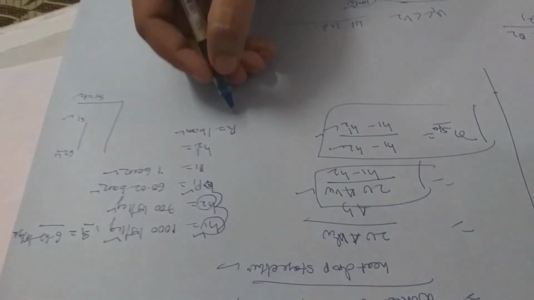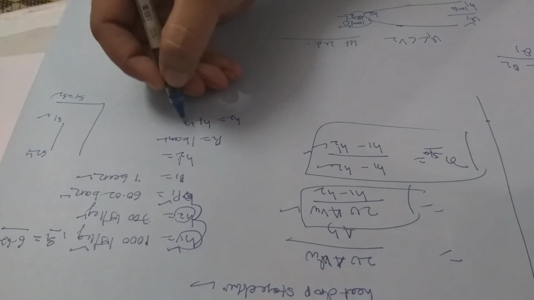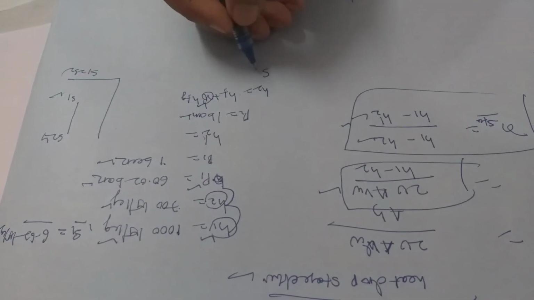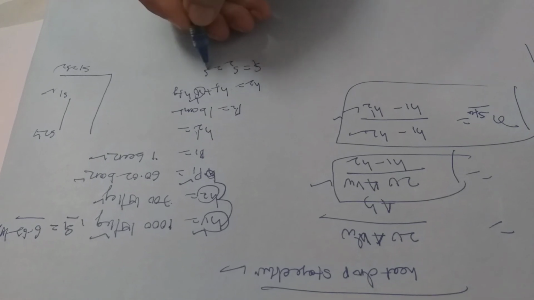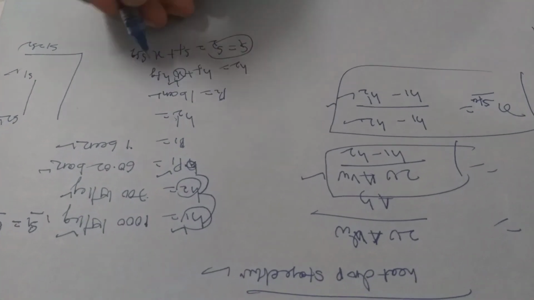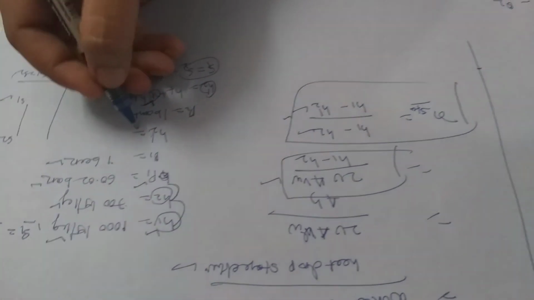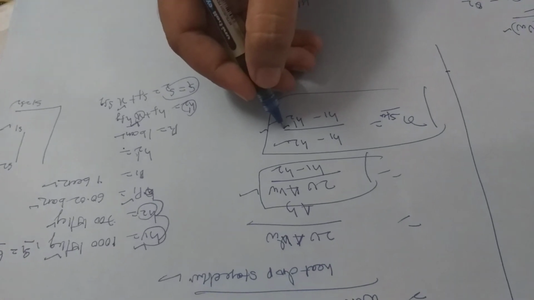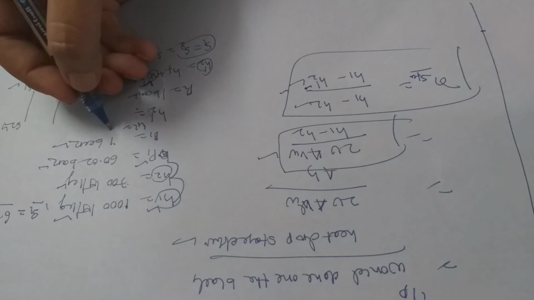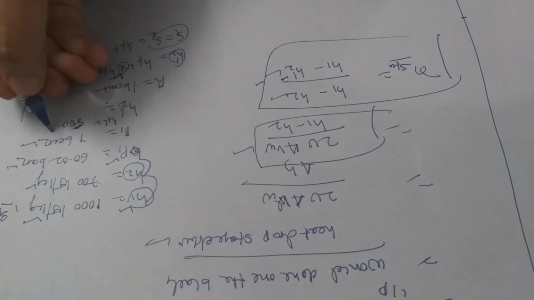From the steam table at 1 bar, H2 dash is found using HF plus X HFG. Here X is found from S equals S1 equals S2, that is SF plus X SFG. In this way you find the dryness fraction X, and then using the dryness fraction you find H2 dash. Put the value here. Consider H2 dash as 800 something kilojoule per kg.